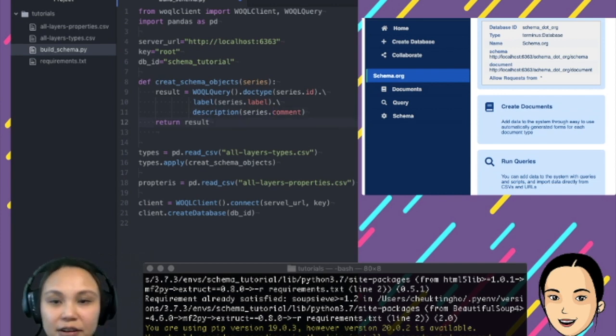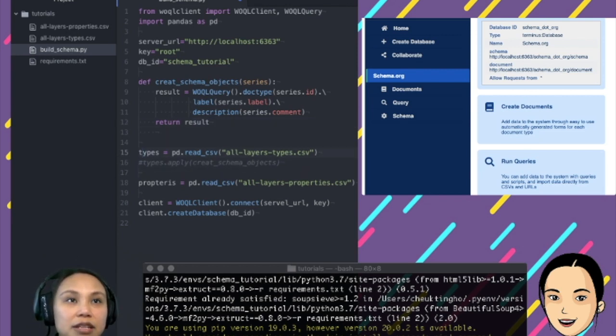Okay, right. So we have an ID, we have a label, we have a comment. That's great. So this is the very basic. And what I want to show you is, if I go back to the terminal, let's not do this for now. I just want to show you how we create a database. So we can read it in, it's fine. Okay, let's try to run our code. So go back to the terminal. So Python build.